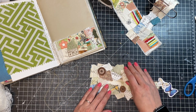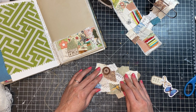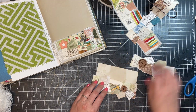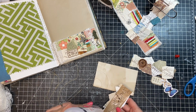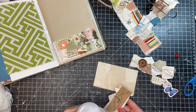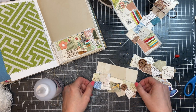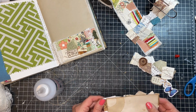So I'm just going to lay these down where I want them. And then, just to get an idea of where I'm going to put my glue. I can either cover up the whole index card that's back there or not. It doesn't really matter. But I think what I want to do is glue this one down first, since it's at the bottom there. And if you had nothing on here that was printed with an inkjet printer, you could certainly just wet this adhesive and put it down, but I can't do that because I've got stuff that will definitely bleed if I do that. Okay, and I may have gone over a little bit with my glue on the side,